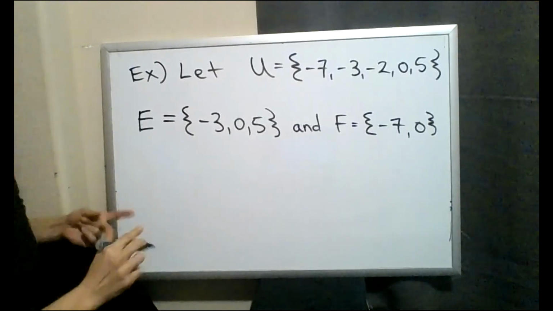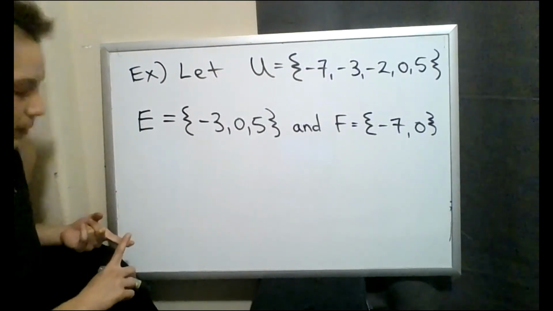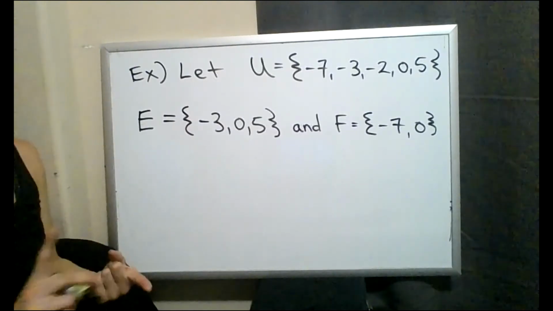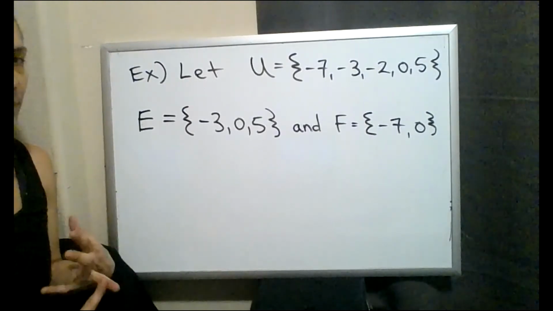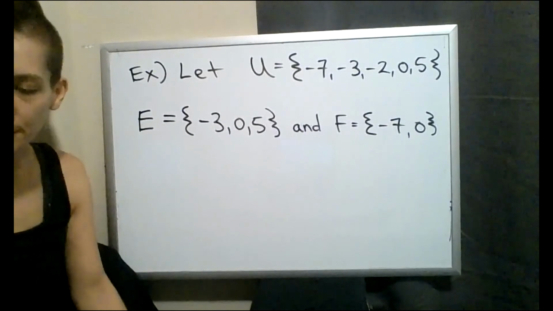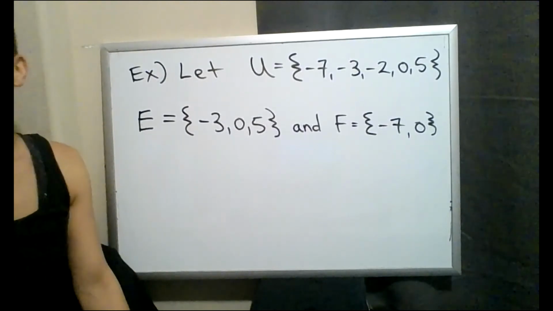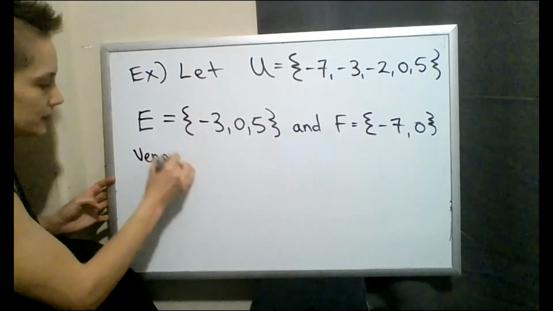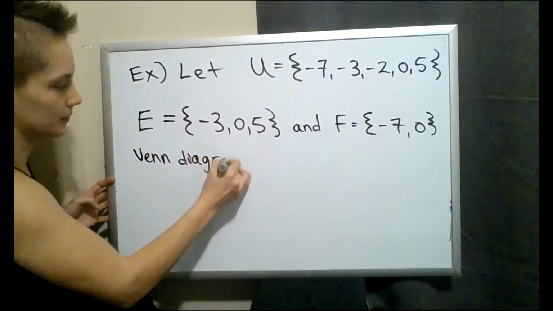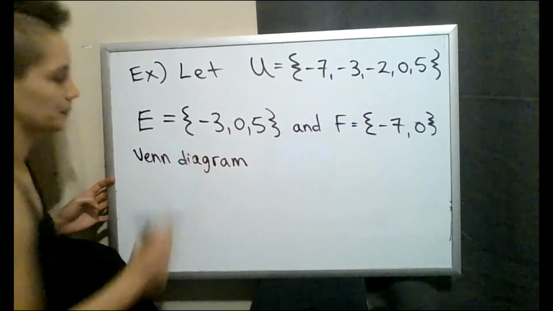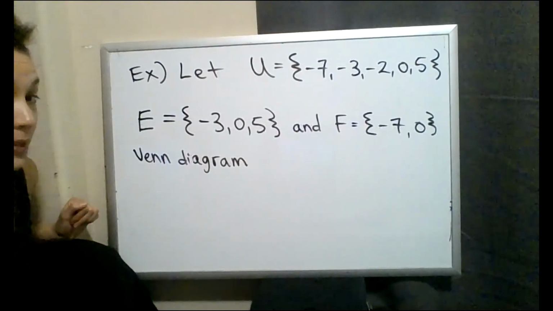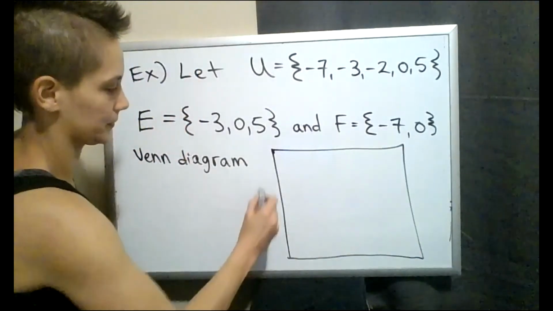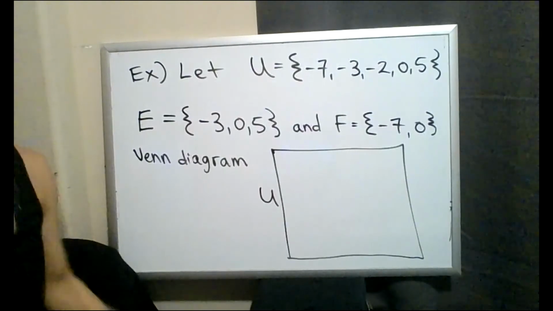And then I would ask questions. So the Venn diagram helps solve a problem. I think it helps to see what's going on. But I probably will ask for either the union, intersection, or complement in an assignment. But I think it helps to start with the Venn diagram. Your full space here is capital U, labeled somewhere on the side.